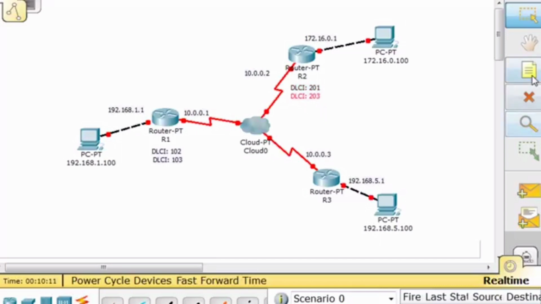And then router 3 also needs them. So router 3 is going to have DLCI 301 and DLCI 302. Just put those there, and now we'll have to configure those. So 301 will go this way, 302 will go that way. Once again, what we're doing here is frame